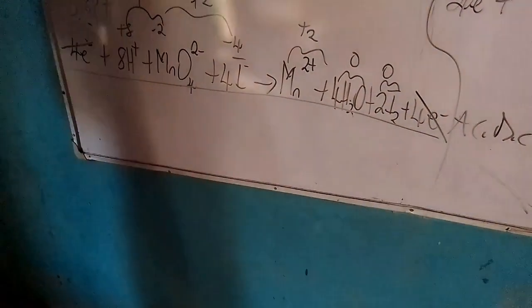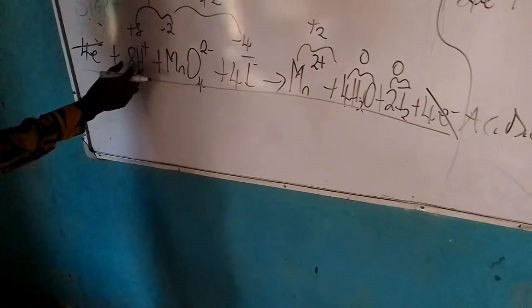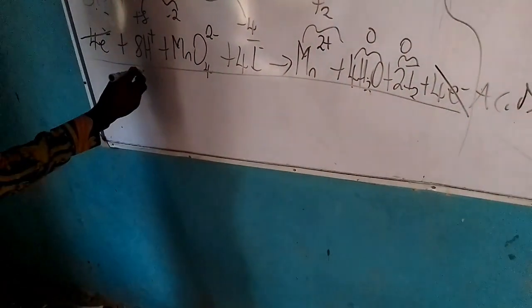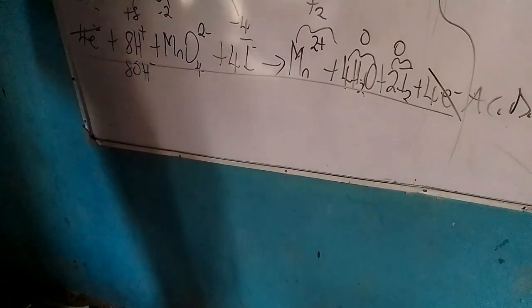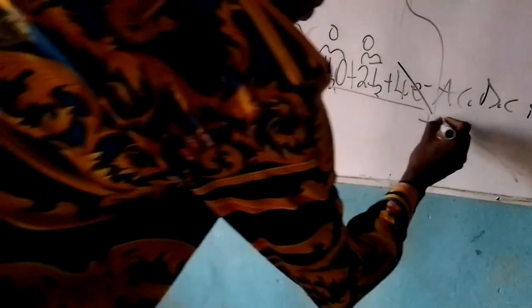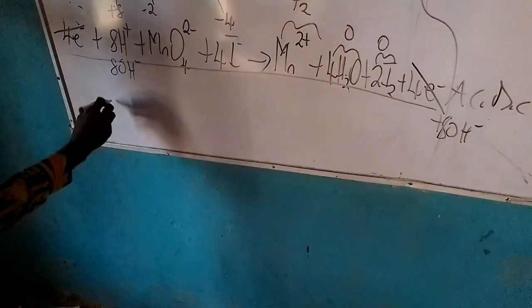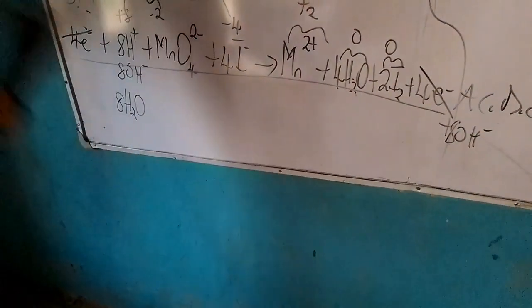So let's check again. We'll add OH. How many OH will you add here? You add based on the number of hydrogen ions we have here. We add 8 OH negative. Now you also do the same here: plus 8 OH negative. At the end, this one will neutralize this and form water, so you form 8 moles of water plus